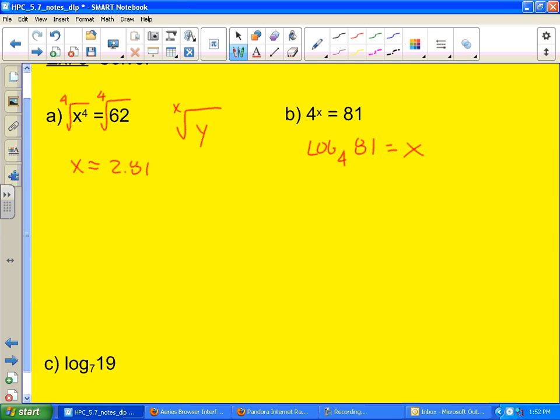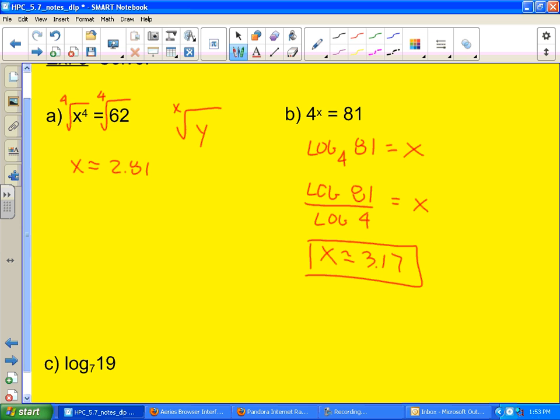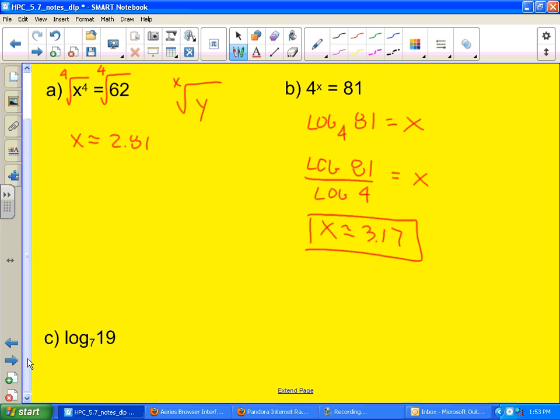So changing, log of 81. Say it again, x equals what? 3.169925001. Okay. Thank you. All right, and then this next one, this is just a